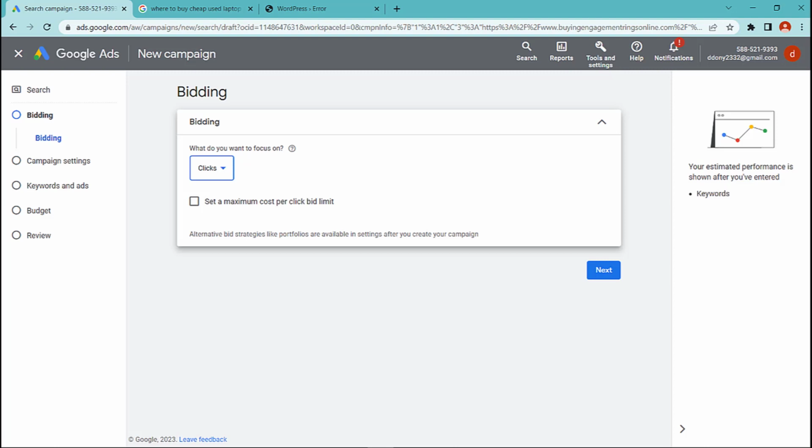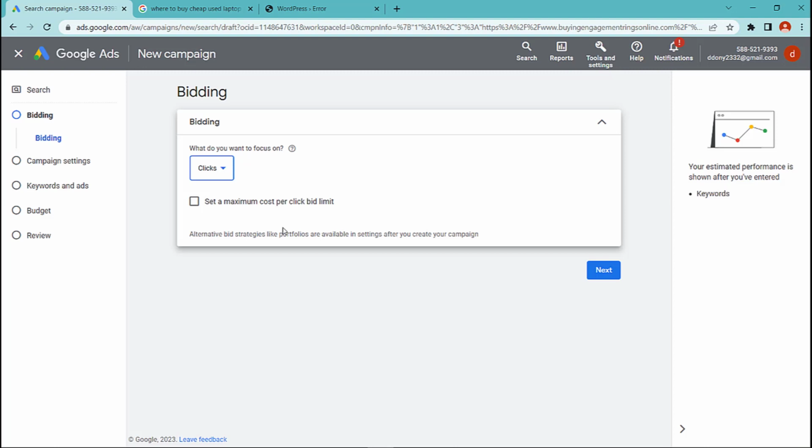Once you have set your bid amount, it's important to monitor your performance and adjust your bid as needed. You can use the performance data available in your Google Ads account to see how your ads are performing, and you can adjust your bid amount to improve your results.